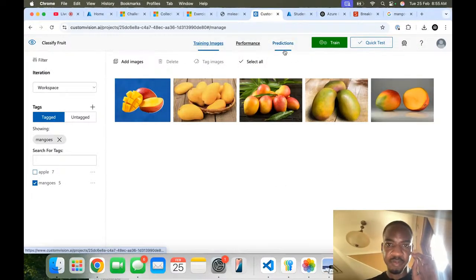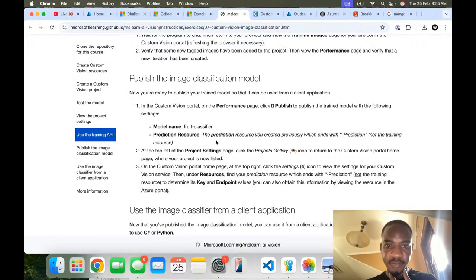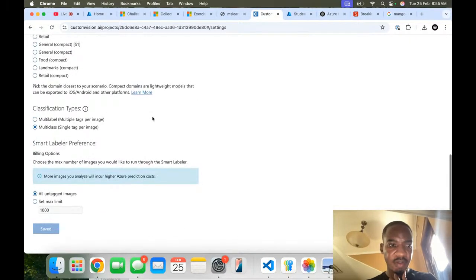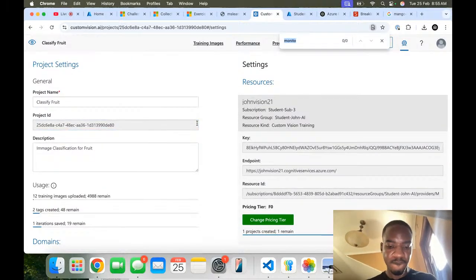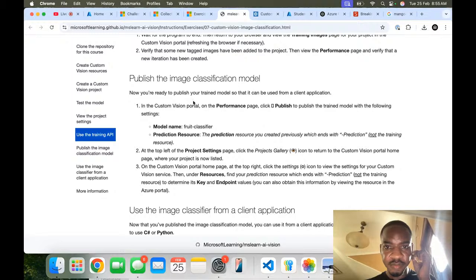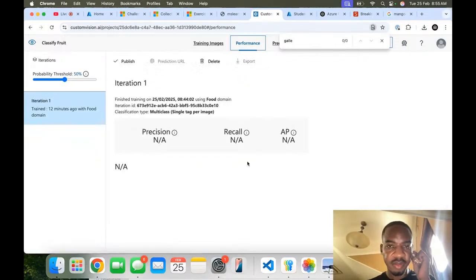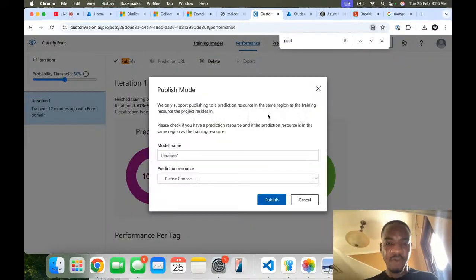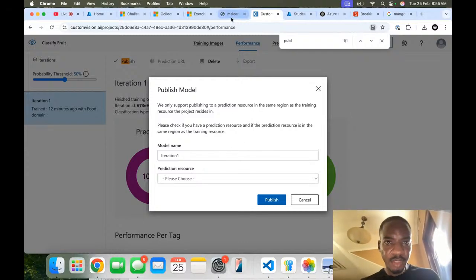So how do we go ahead and publish that? Let's read. Settings, project gallery. I'm not seeing that. Performance page, I'm sorry. Click publish. Whoever designed this, thank you. And then